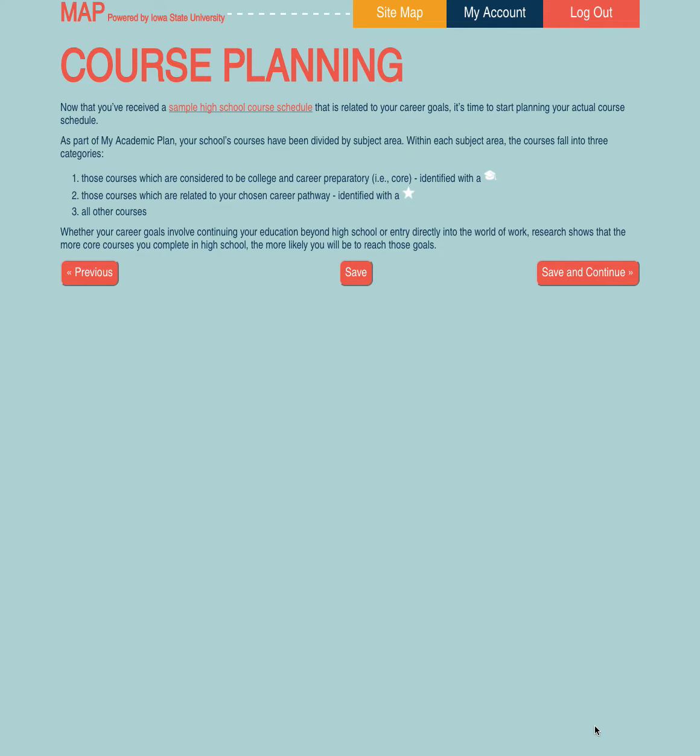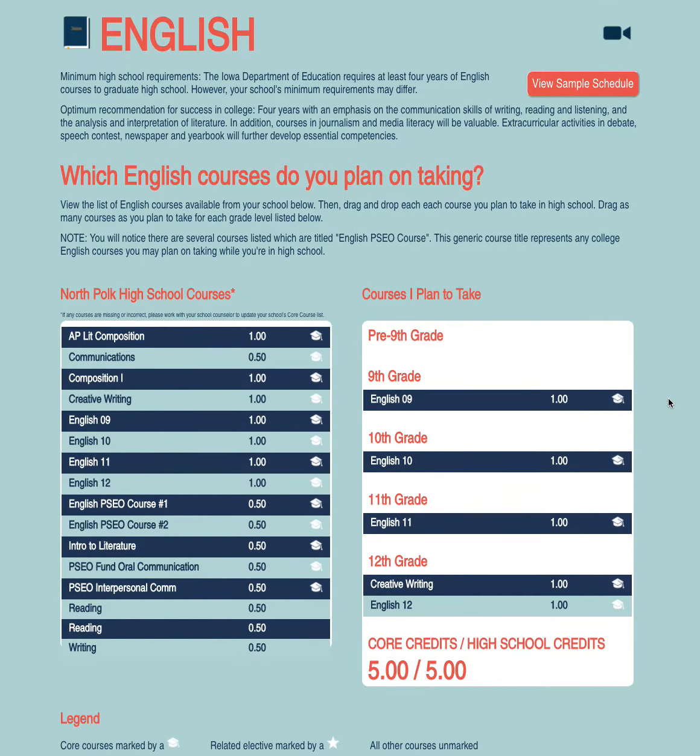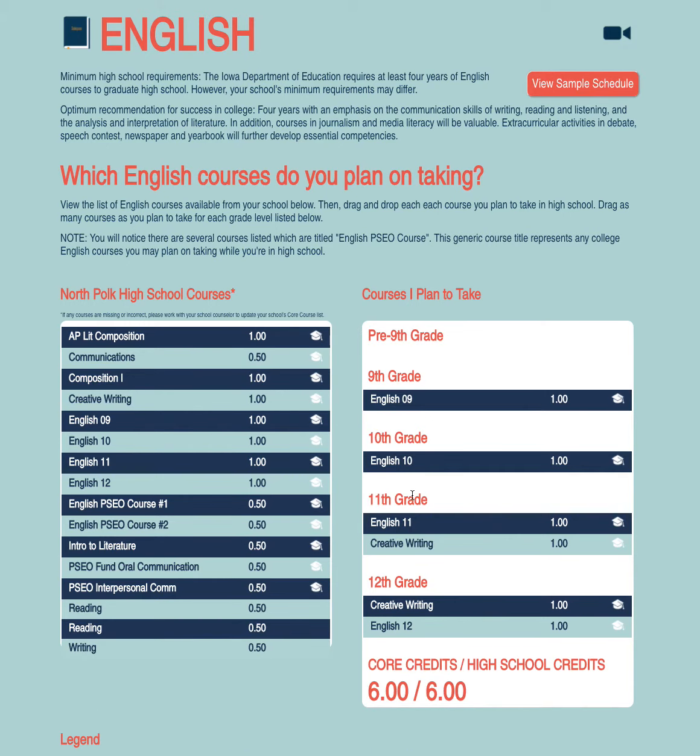The second step of MAP is the actual course planning. This section is broken into the following subject areas: English, science, math, social sciences, world languages, and electives. A student will simply drag and drop their intended coursework into the corresponding grade in which they plan to take